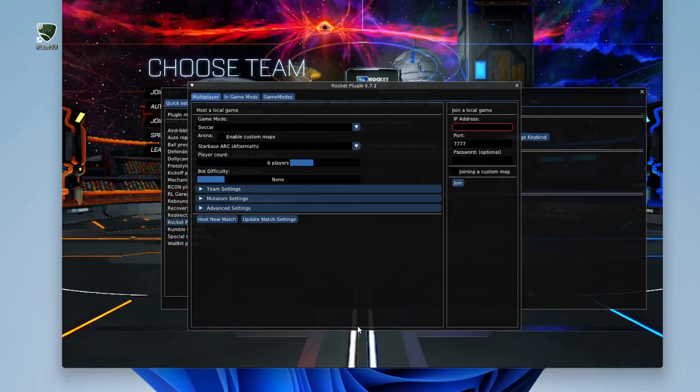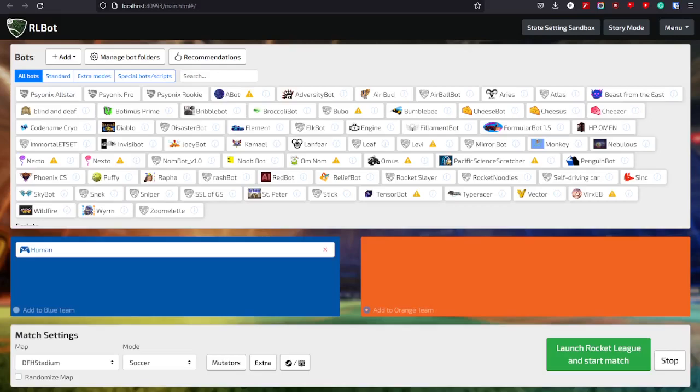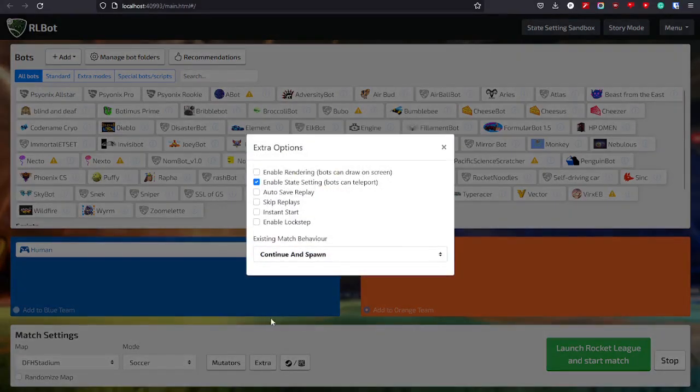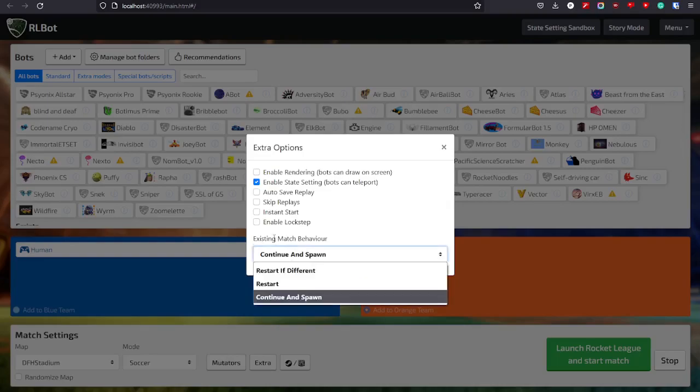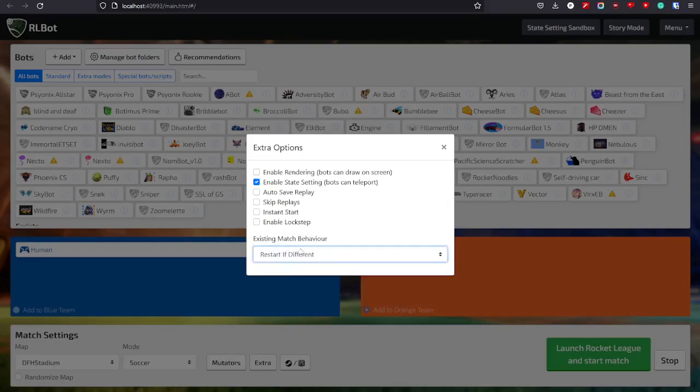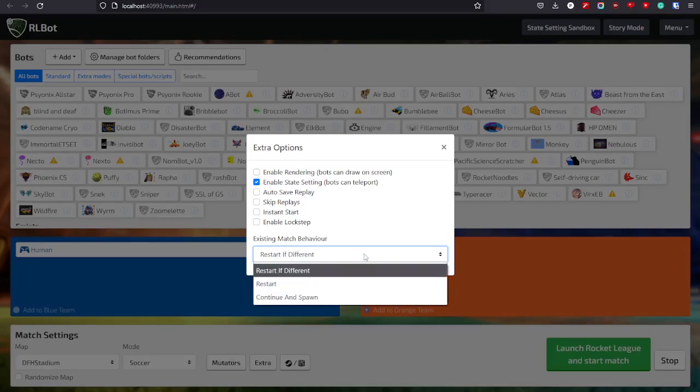The only thing you need to do then is go into the Rocket GUI and go to extra, and this existing match behavior is usually restart if different, and that will cause that every time you change the bots and you press the button, it will start a new game.